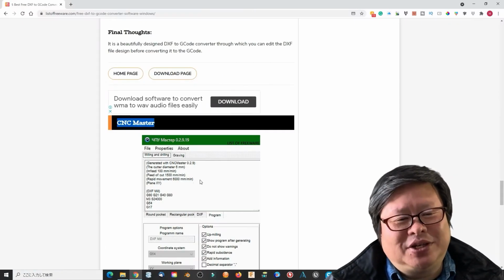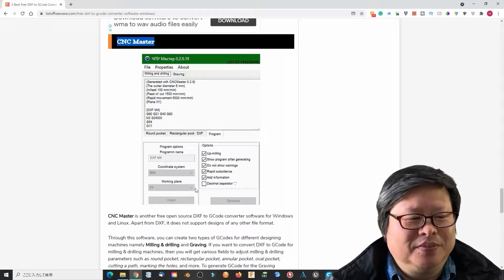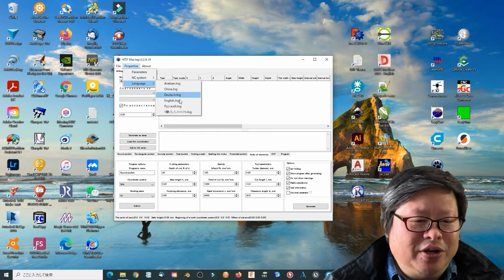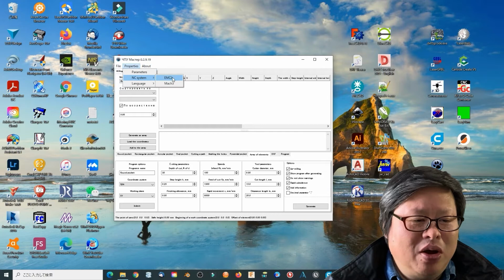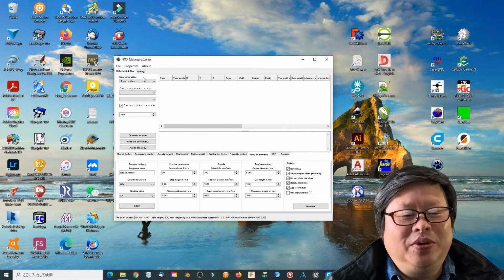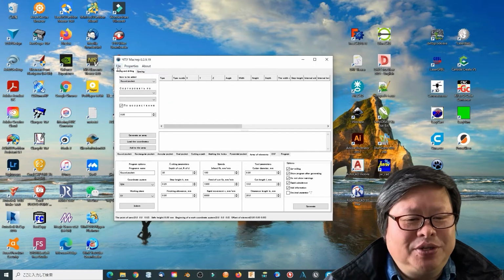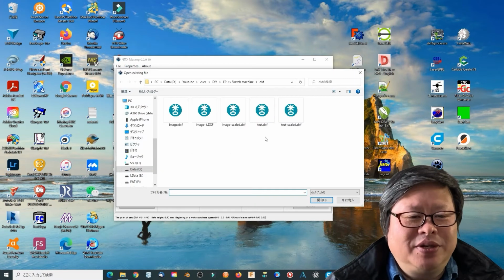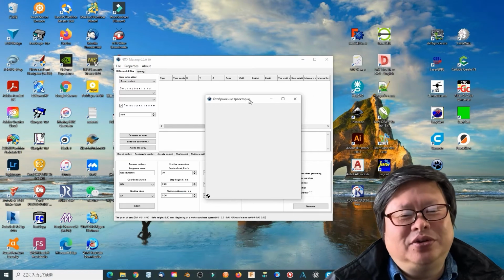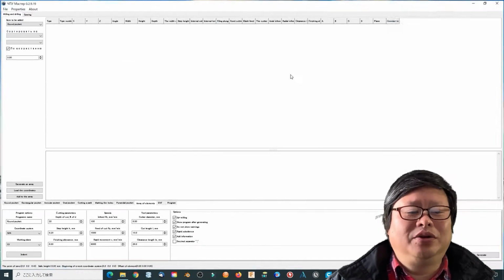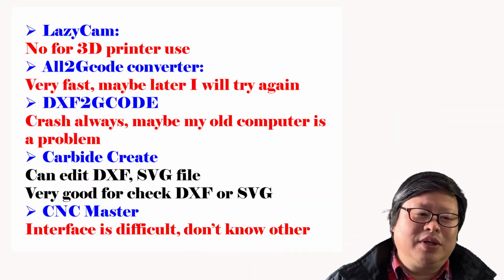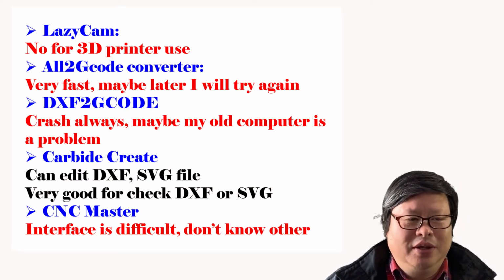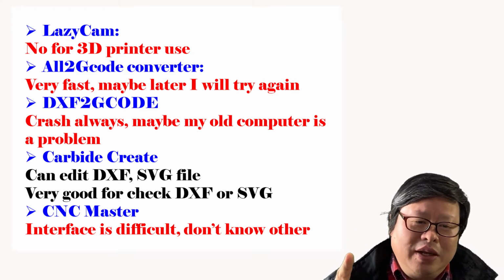Now we have the last choice out of the 5 best. I tried CNC Master. The screen is really difficult to handle since the font is too small. And the language is not English. If I change to English, some menus still keep characters that I cannot understand. I think this is not for me now. All of them are not my choice. It looks like everything is going great until you really do it. You find that everything is not as good as you expect.